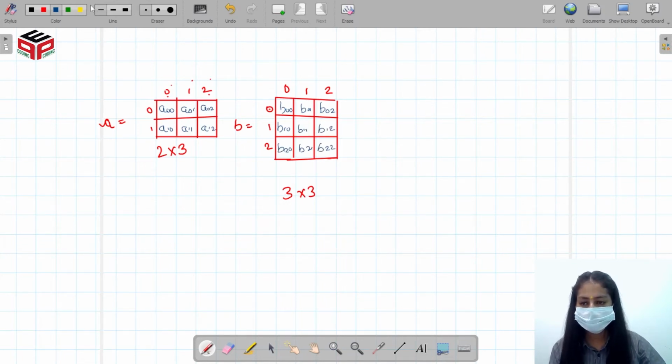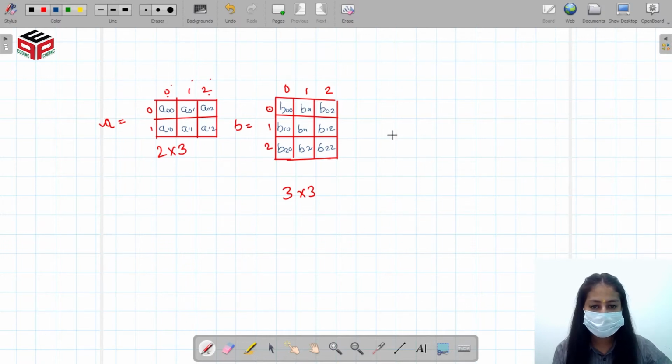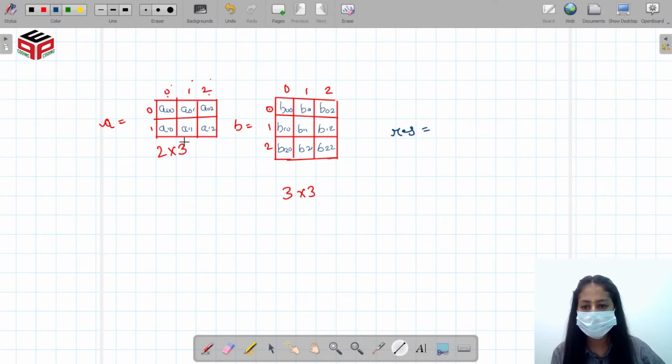So now, Mr. Camera, do you know how to multiply these two matrices? No. So our approach is that we need a resultant matrix. The dimensions of the resultant matrix will be the number of rows of the first matrix and the number of columns of the second matrix, right?